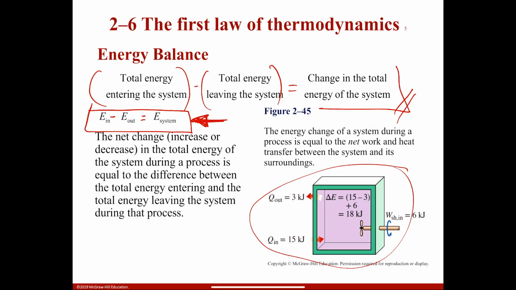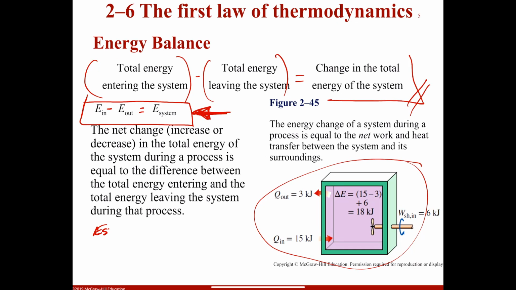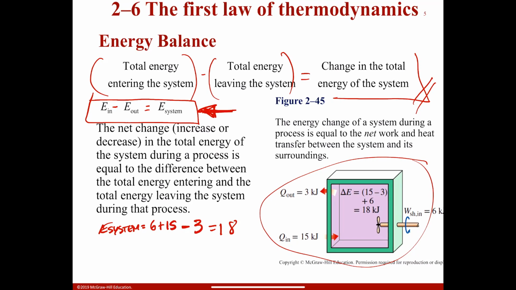So what's coming in pretty much is 6 kilojoules. So the energy of the system equals 6 kilojoules from the shaft, plus 15 kilojoules from the heat coming in, minus 3 kilojoules going out in the form of heat. And at the end, that gives you a total of 18 kilojoules. Units, very important. And that's how you find, in a very easy and simple way, the energy inside